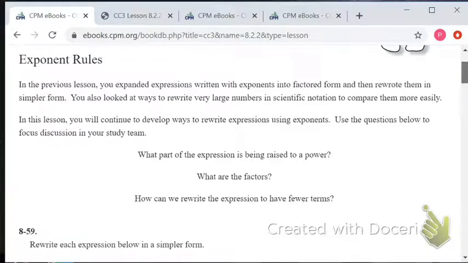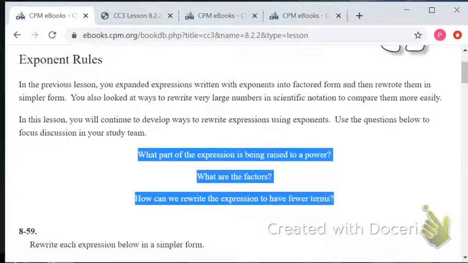Okay, go ahead and take about a minute or so to read this prompt. While you're reading this prompt, make sure you're asking yourself these three questions. Okay, go ahead and pause the video right now if you need to read that prompt. Okay, so hopefully if you paused it and you came back now,